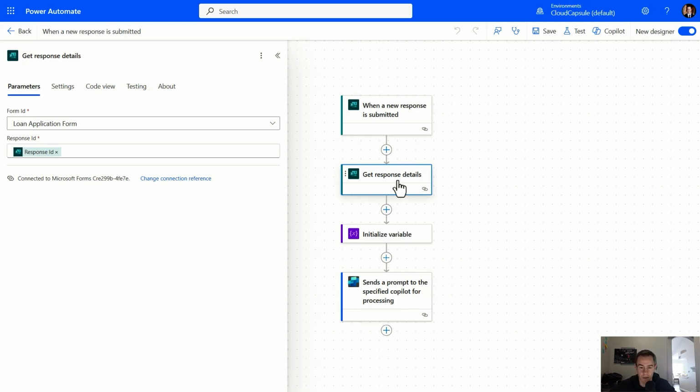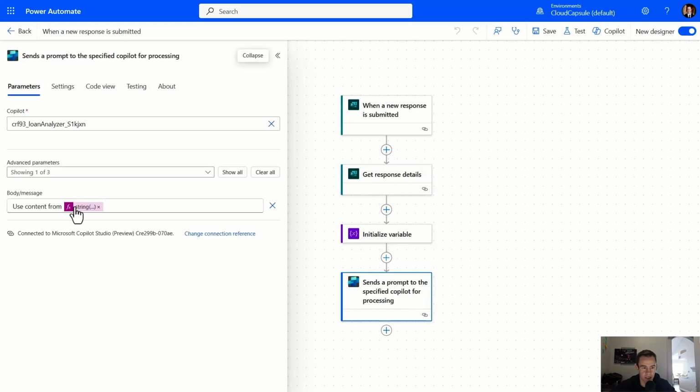I know Power Automate really well, so I was able to come in here and just add these extra steps to basically take all the details, pass them into a variable that gets passed into the actual agent, that gets submitted. But this is something that I feel like is part of that bugginess at the beginning here. You would think that if you submit a form, you would just take in the details and be able to